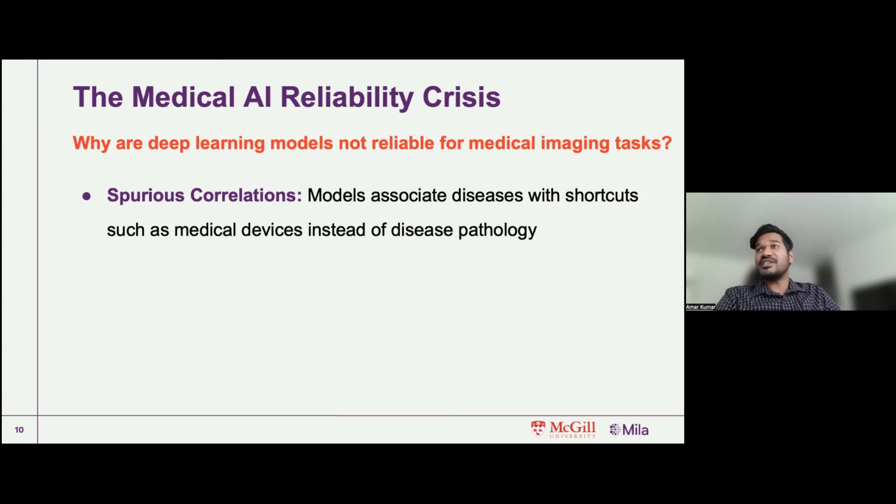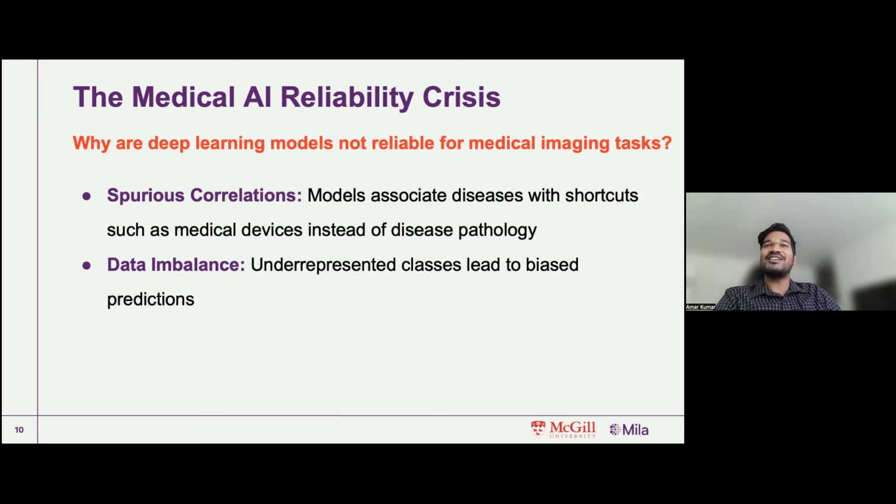And this spurious correlation becomes a huge problem that essentially hampers model deployment. One of the popular use cases was during COVID-19, when they deployed several models within a clinic. They were able to detect COVID-19 from chest X-rays, but when they actually tried to generalize it across several hospitals, the model failed to generalize. The main reason was that it was looking at some of the artifacts that were generated from the hospital. So essentially, those are spurious correlations.